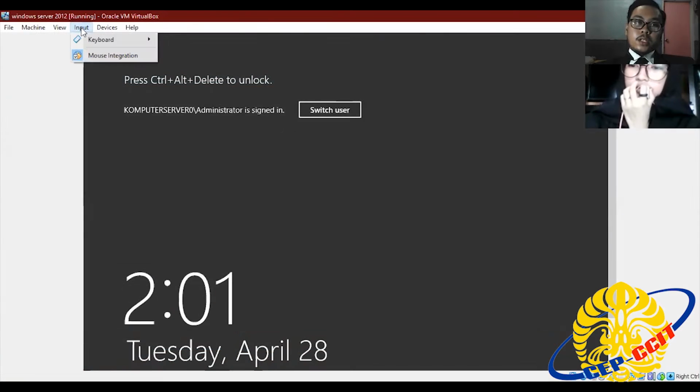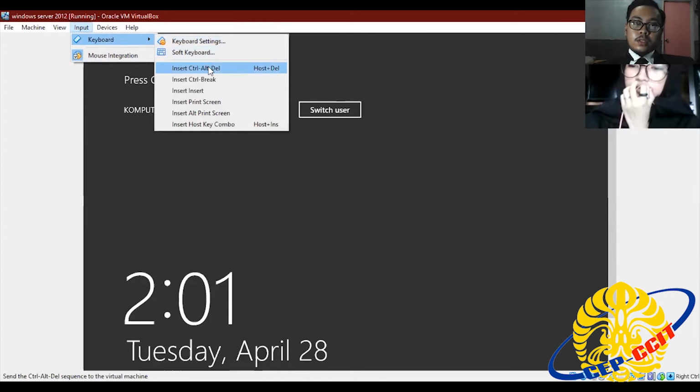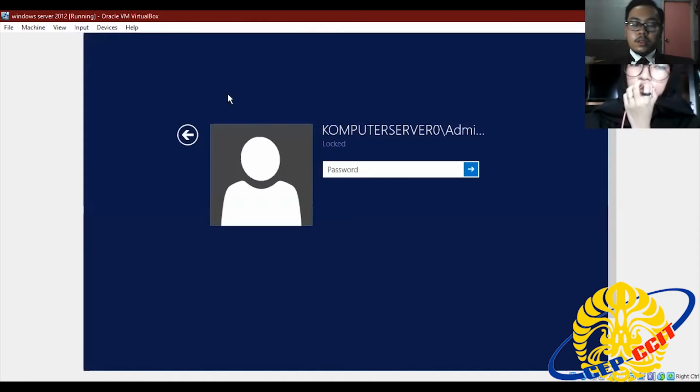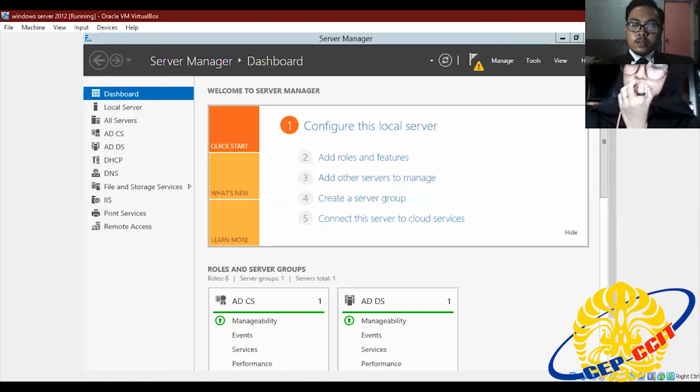This is the lock screen of Windows Server 2012. Input the username and password, and then Server Manager automatically opens. First, configure this local server.